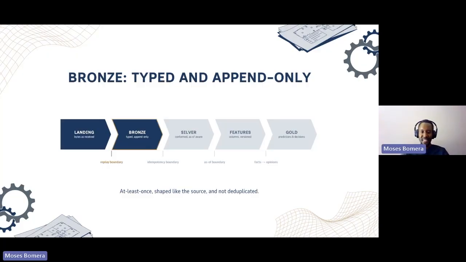And here it doesn't really matter that you have duplicates. What you want to guarantee is that you actually have the data that you're meant to have. You'll see a bit of an overlap between this and landing, but the reason is that at a certain point, landing will most likely be cleared, since it's just a place where data is received and then the upstream processing starts. So you most likely clear landing and move on. So bronze will be the true historical source of what entered the system and what it was at the time it entered.